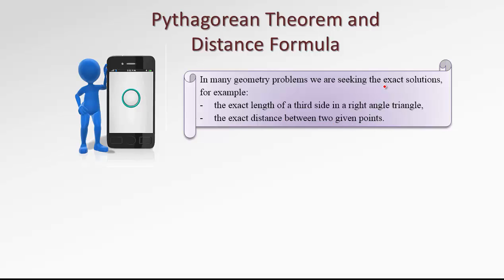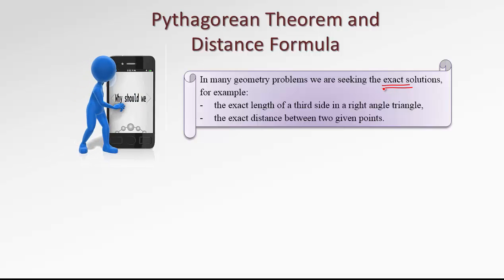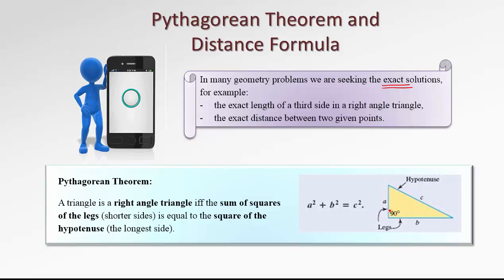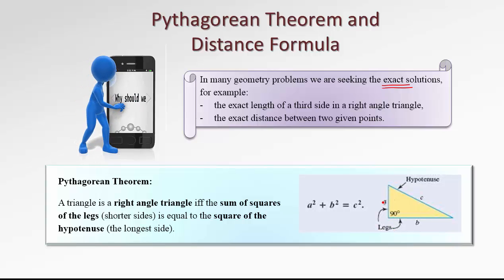Anytime we're asked to find exact solutions, we will most likely be dealing with radicals, which means we need to be able to simplify them. Let's recall the Pythagorean theorem. This theorem refers to a right-angled triangle. If we name the shorter sides, called legs, A and B, and the hypotenuse, the longest side, C,